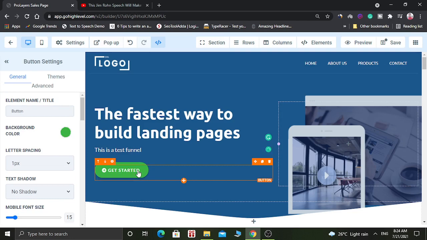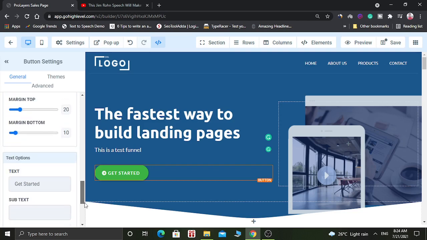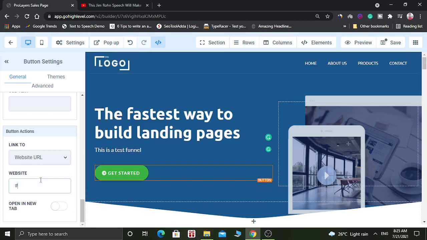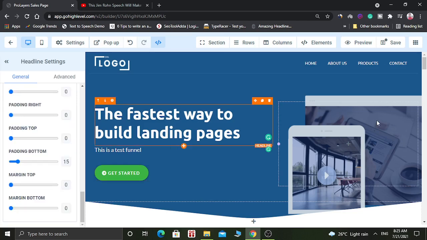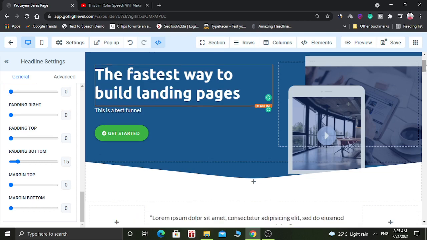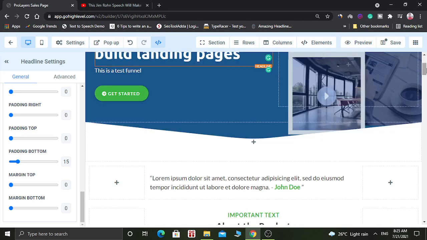You can add a link to this button, for example, www.google.com. If you have used ClickFunnels before, then you can very easily use this funnel builder.